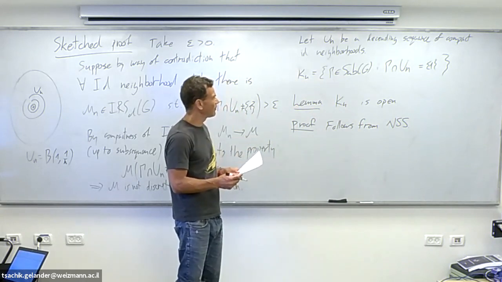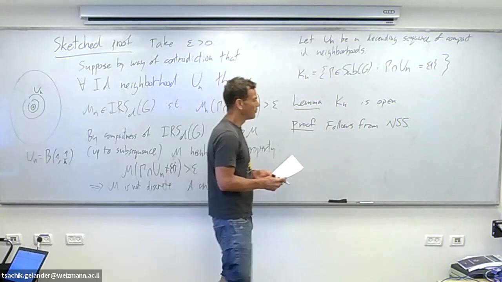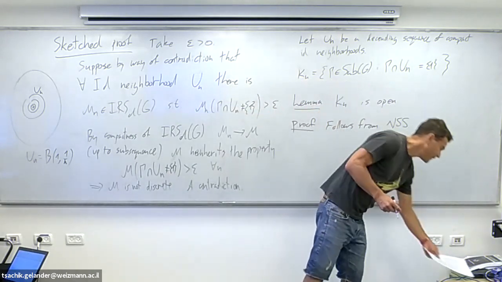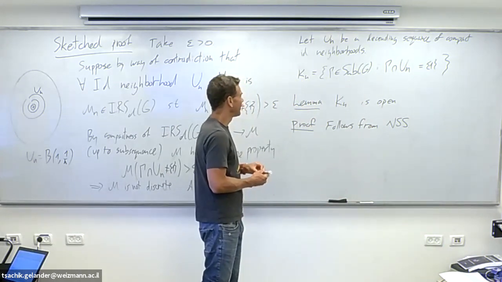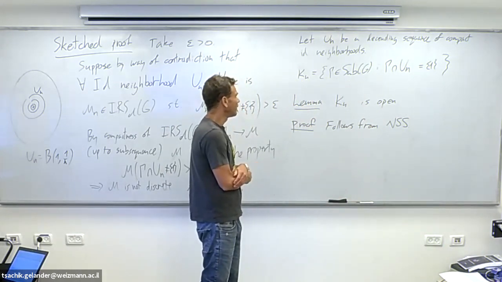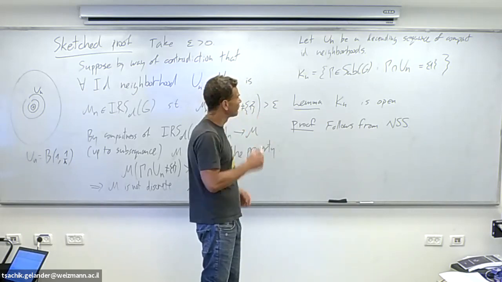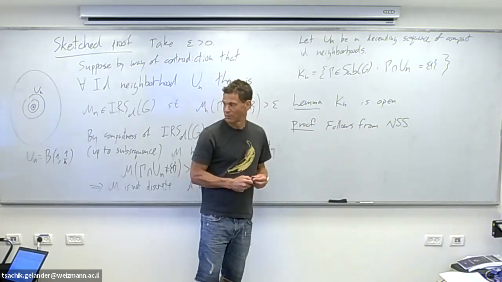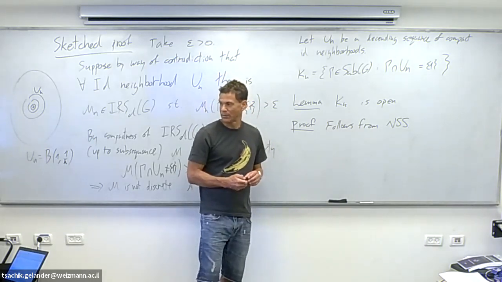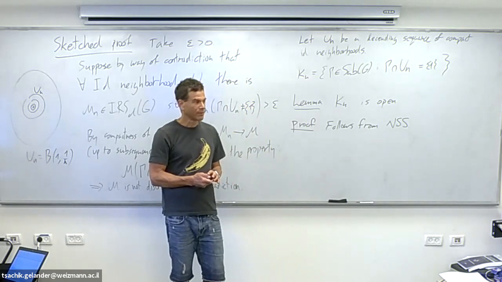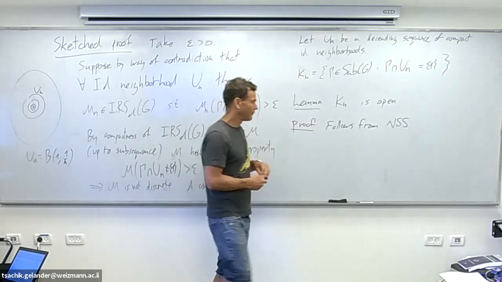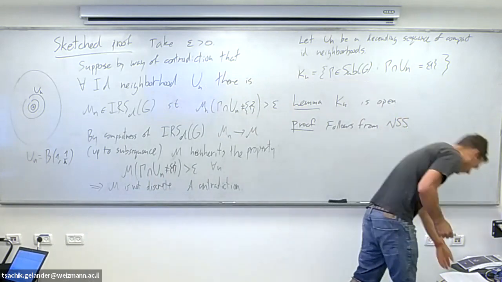should I explain why it's open, or the probability that you intersect? There's no probability. Not probability, but the event that you intersect non-trivially is open because you can miss a compact set or intersect. Let me just write it.